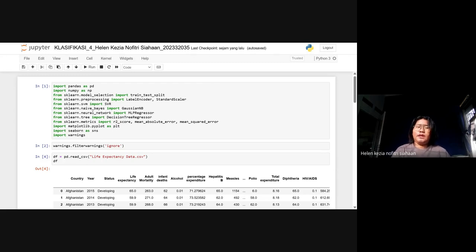Here I already have my Jupyter open. We'll be explaining the code. First, we need to import. We're using import pandas as pd